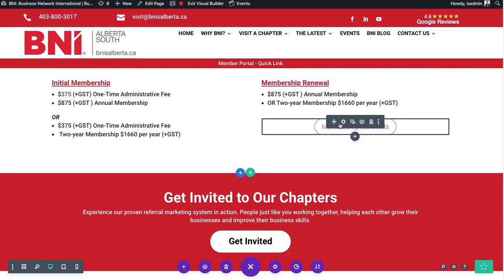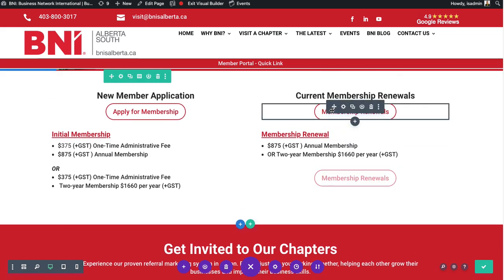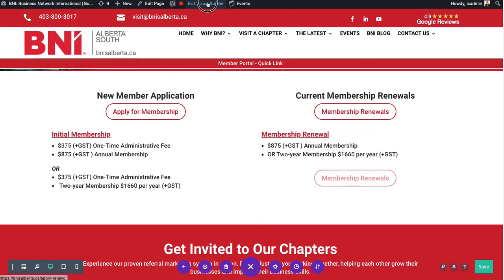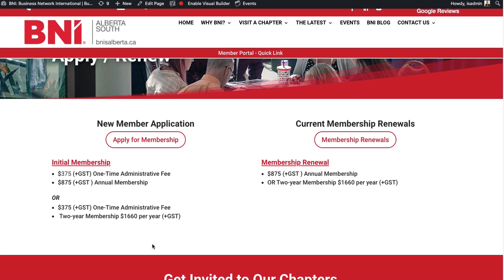Now this button here is not showing here. You notice that. That's because the top ones are, and that's okay. All right, all set. Now that's all saved. We exit the Visual Builder. And that pretty much sums it up. All set and done. So those things will be set to hide, show, all that kind of stuff at those